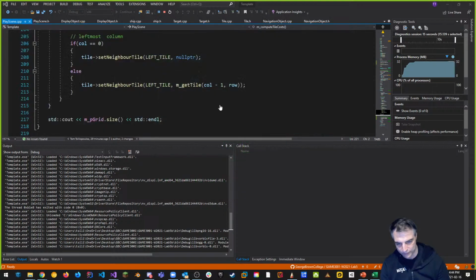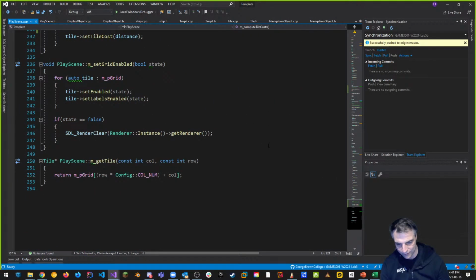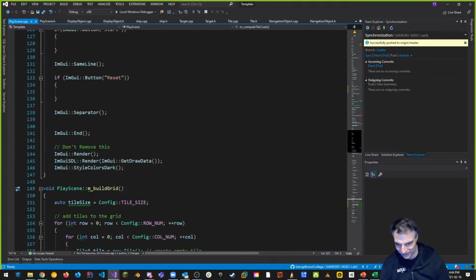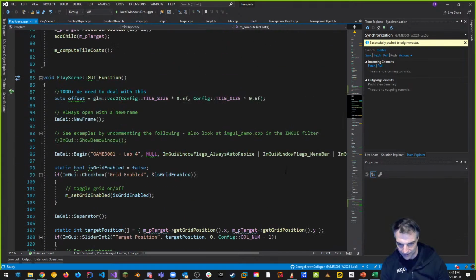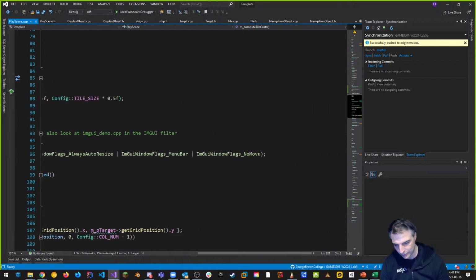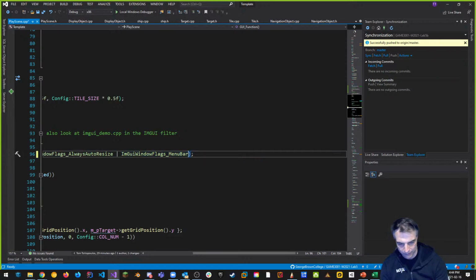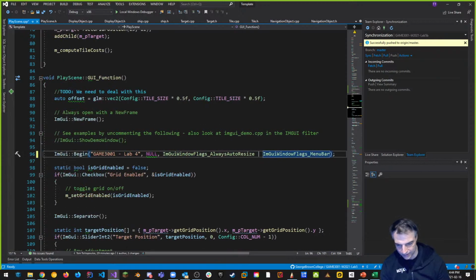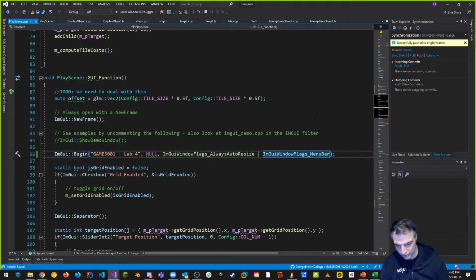And in order for me to move that, by the way, it's a little bit annoying, but I have a bit of a bug still that I haven't been able to get to. I'm going to go here where it says in ImGui, where it says ImGui window flags no move. I'm just going to take this away so we can move that window around. That is on my line 96 of the GUI function. Okay, just moving that away so that way I can move that little window around. So if I run it now,